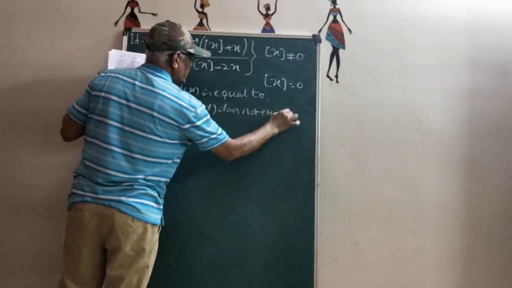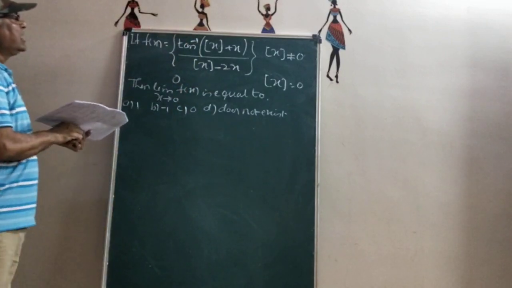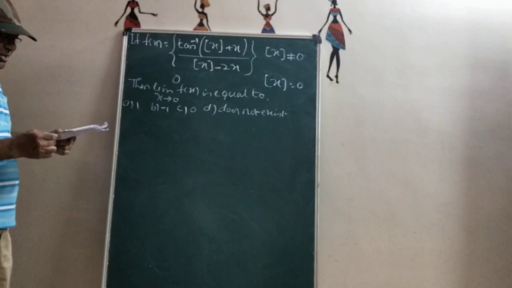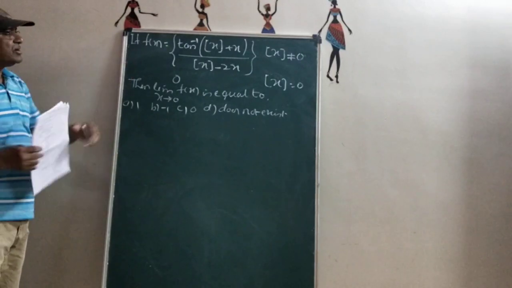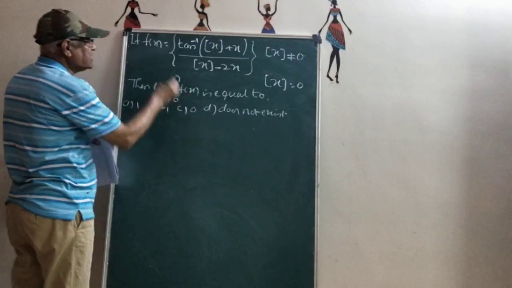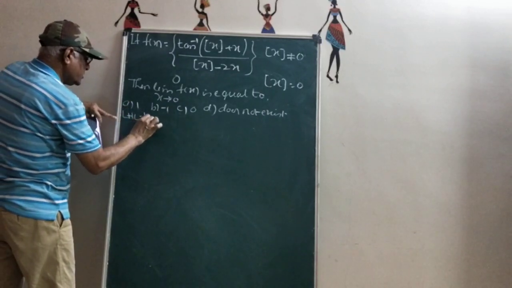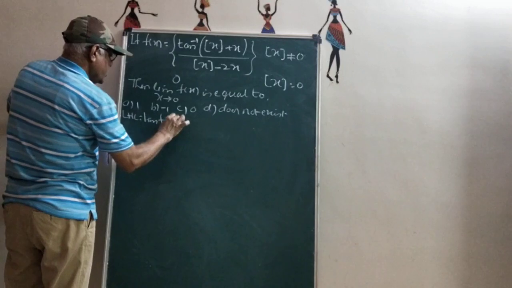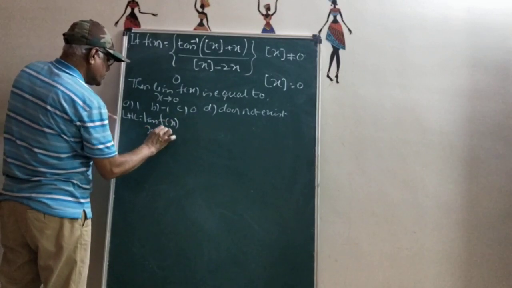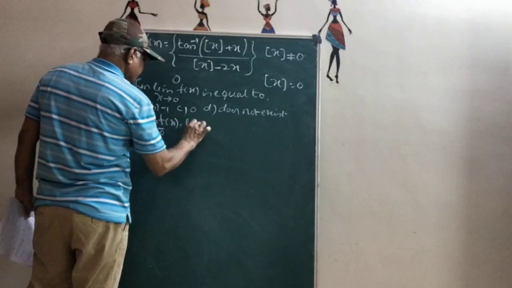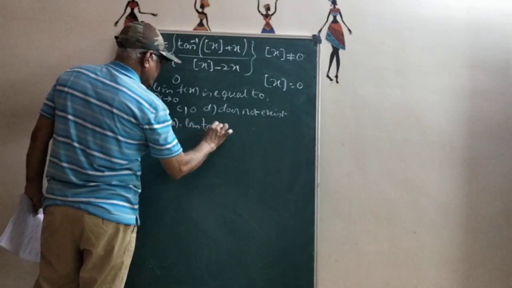So once again the point comes here, the greatest integer function. When the greatest integer function is there, what you can say is limit does not exist. So this will be the answer. Now let me calculate the limit. LHL is equal to limit of f of x as x tends to 0 minus, that's equal to limit of tan inverse of